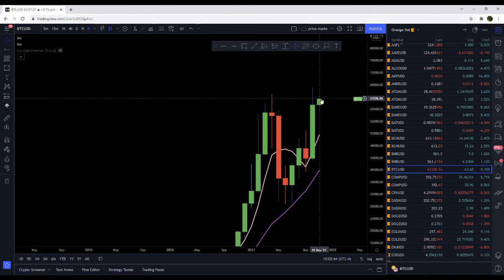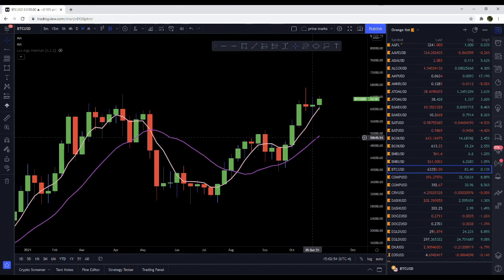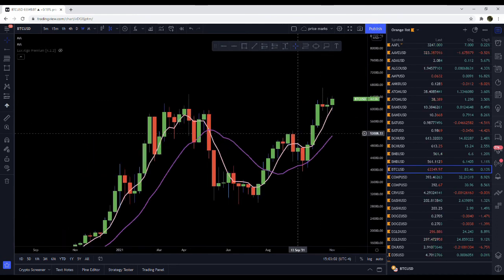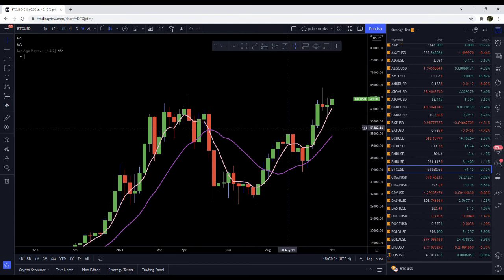Now we're getting this little baby candle here. We need to see it come take out this high. We also have this structure down here, around